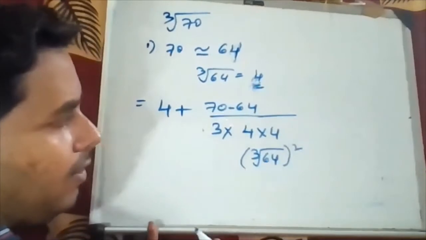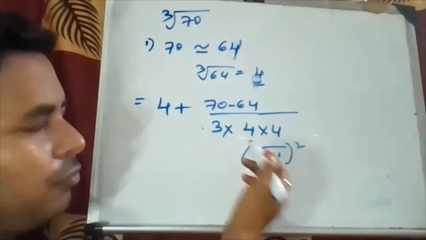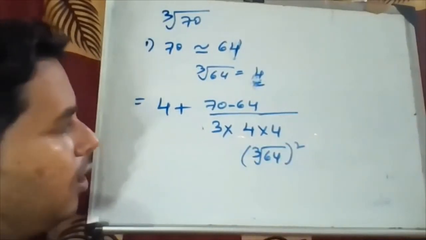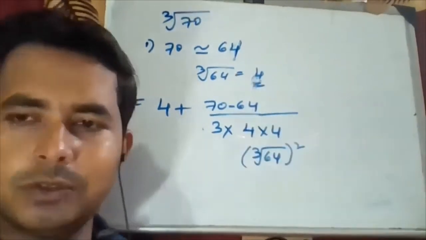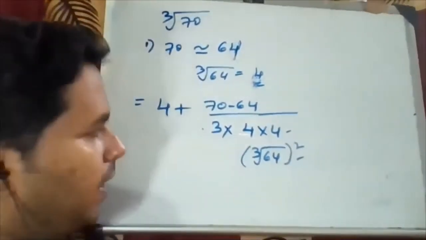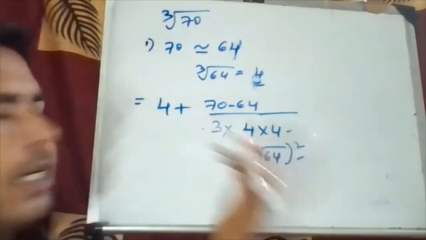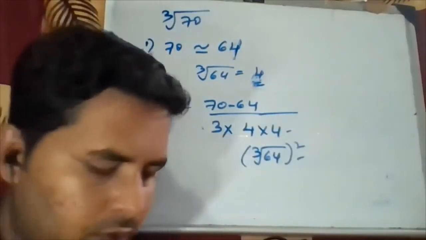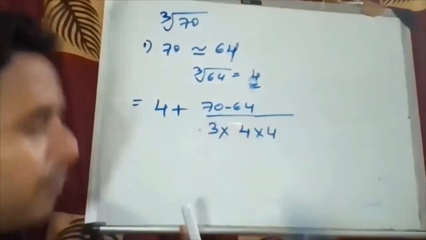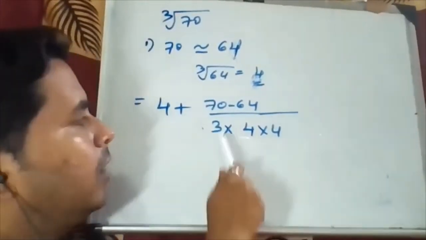इसका वैल्यू क्या आएगा, क्यूब रूट ऑफ 64 इज 4, square is what, 16 only, or else directly write 4 into 4. So both are same, either this or this, both are same. So here cube root of 64 is 4 का square क्या है 16, or else directly write 4 into 4. Okay, now the same rule applies here also. So instead of 1 time आपको 3 टाइम लेना है, instead of 2 आपको क्या लेना है, 3 लेना है. So 3 into 4 into 4.